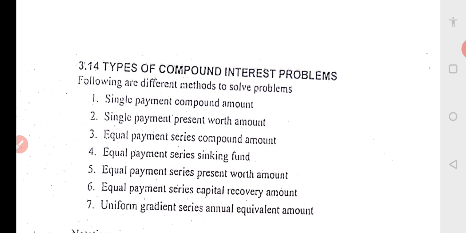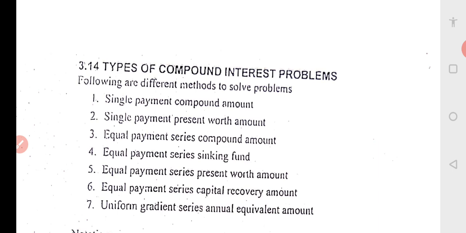Now I understood. So whatever formulas we are discussing, they give either the future sum of amount or the present sum of amount. In the first two cases, single payment, there is only one payment. I make today's payment, so after 5 years how much do I get? The second one was single payment present worth: I want 5 lakh rupees after 5 years, how much should I invest today? And the third and fourth are equal payment series compound amount, where it is not a single payment, it is a series.